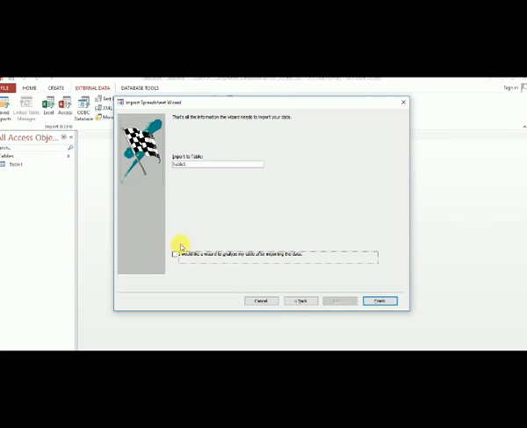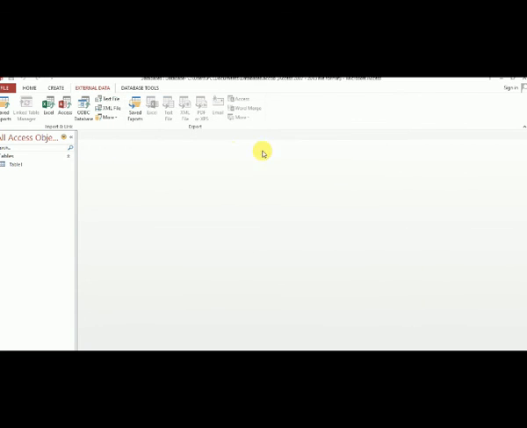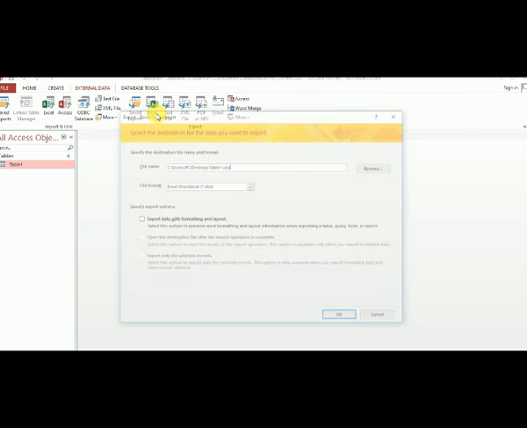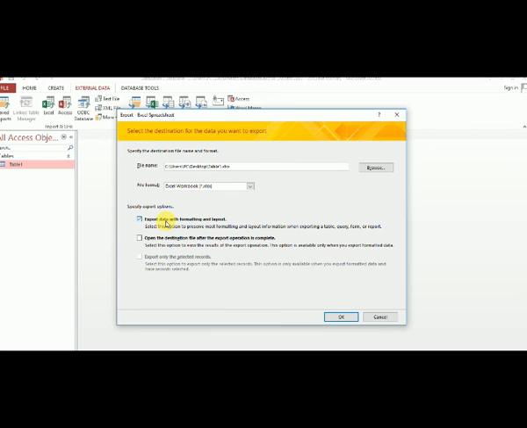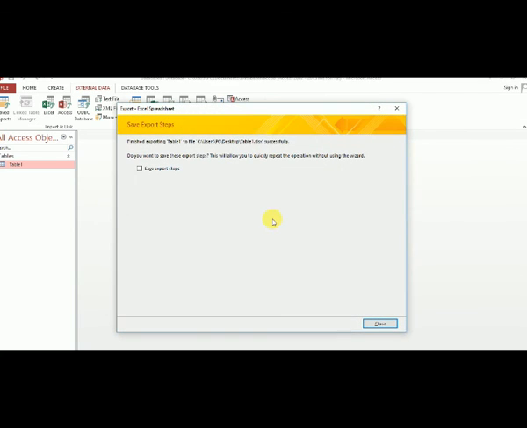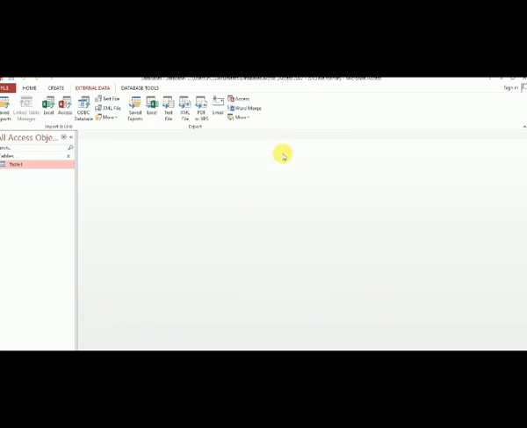I cannot insert it in my Excel because of some problem with this Excel sheet, so I have already removed it. You can convert it to Excel, and it is converted to MS Excel. Okay, and you can use it. Import.